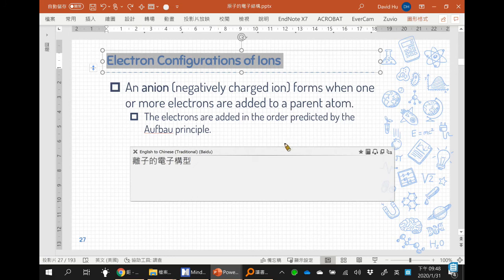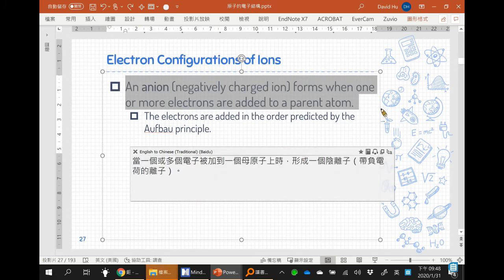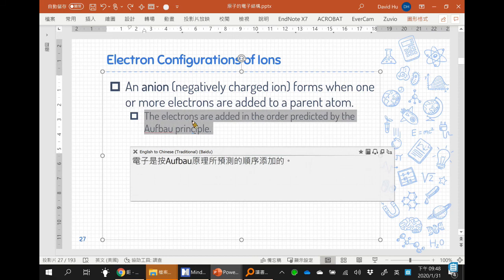Electron configurations of ions. 离子的电子组态。An anion, negatively charged ion, forms when one or more electrons are added to a parent atom. 好，当一个或多个电子加到一个母体原子上面的时候，会形成一个阴离子，也就是带负电的离子。The electrons are added in the order predicted by the Aufbau principle. 好，电子是按照 Aufbau 原理所预测的顺序加入的。